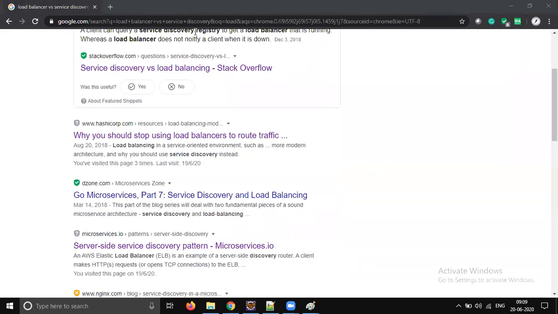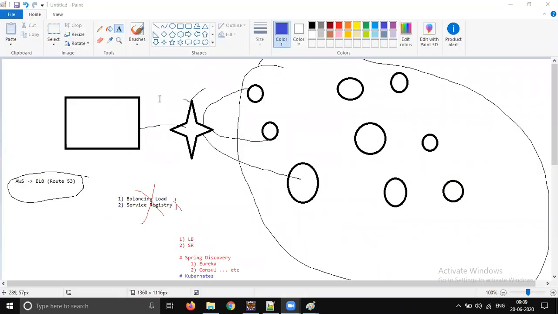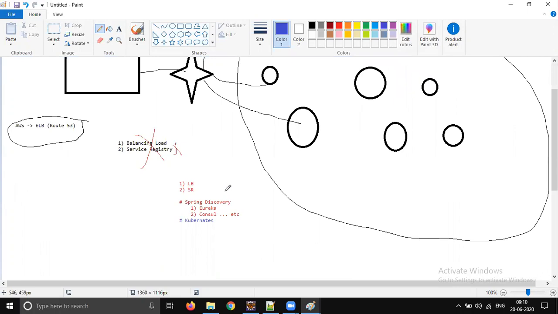So it's just a 2 minute talk. Whatever I explained, I will try to explain in a better way, because the terminology is too complicated to understand. So it's the same thing, whatever I explained. But he talks too much about Consul. Okay, that's fine, he's going to promote the product. So this is the difference between load balancer and service discovery.